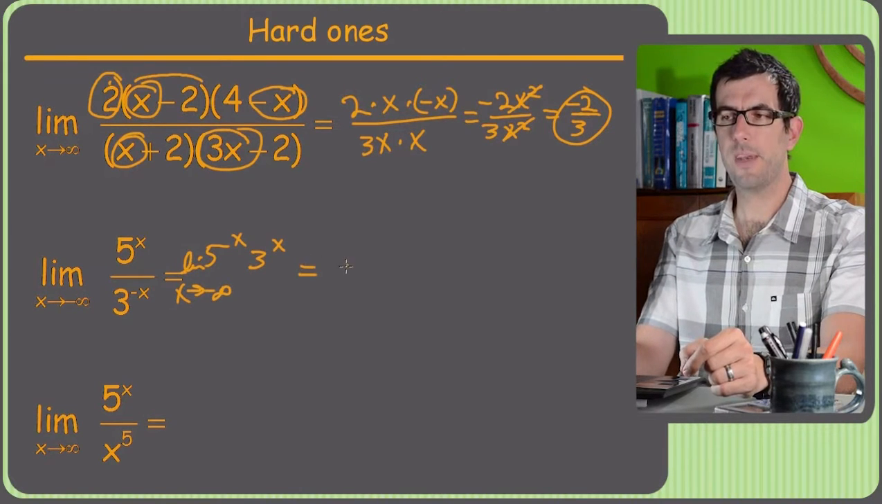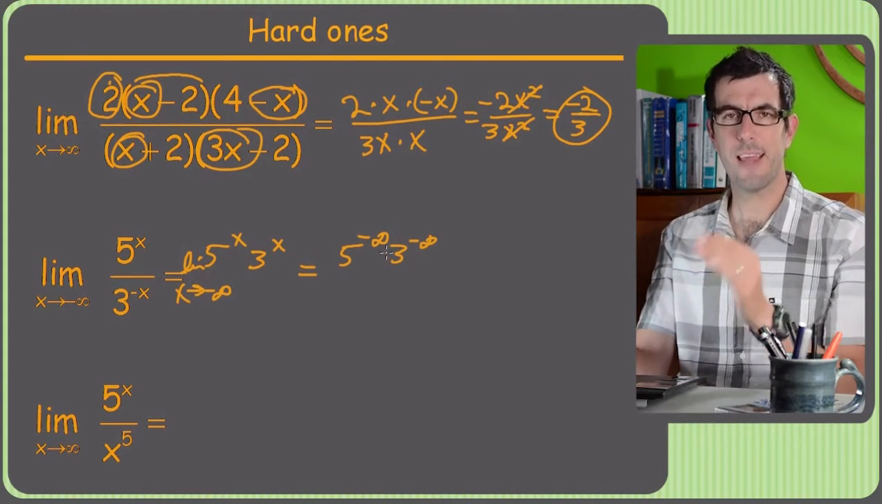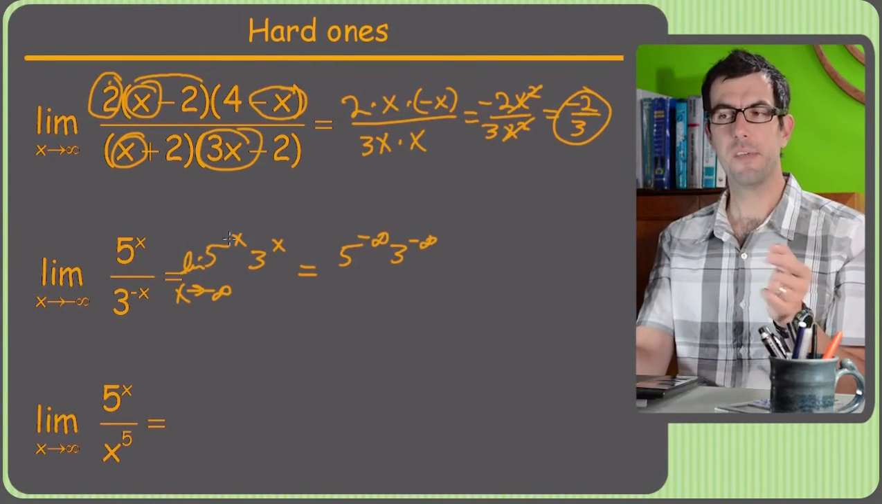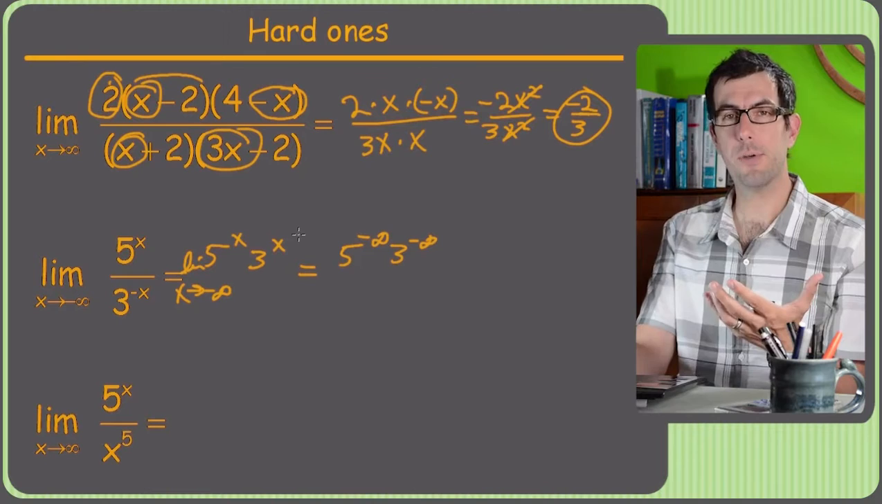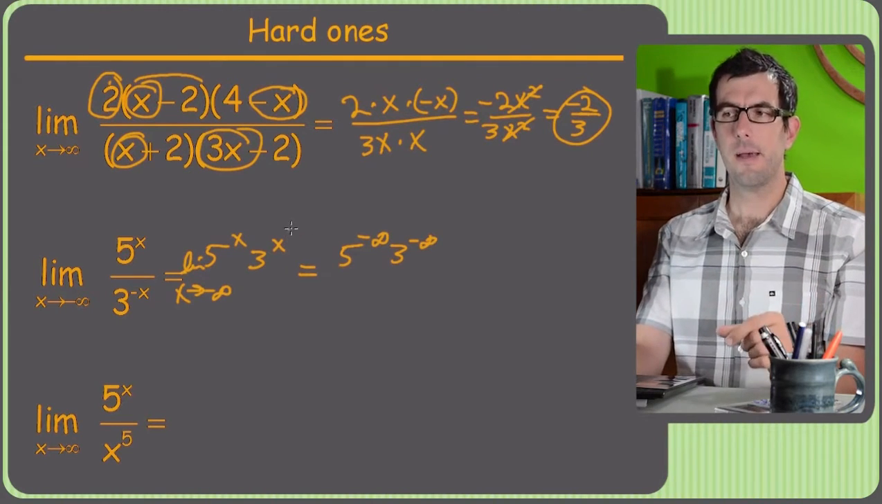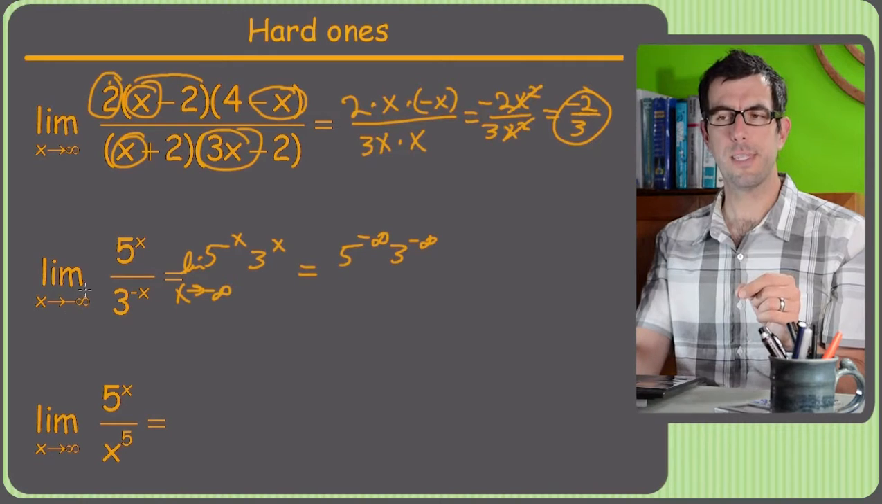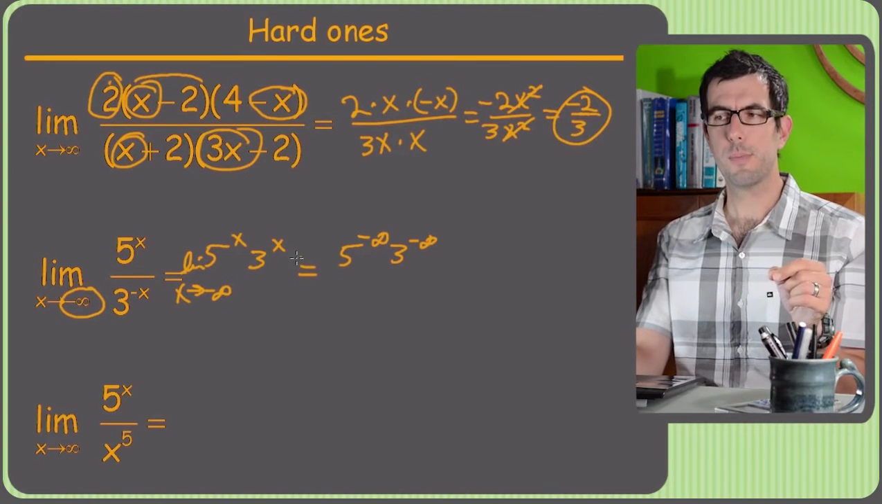So that means when I plug in infinity, I'm going to get 5 to the negative infinity times 3 to the negative infinity. Now you might be thinking, and this is kind of a trick question I made up, because you might have been thinking, hey, 5 to the infinity, 3 to the infinity, those are enormous numbers. The limit of this is infinity. But that's backwards, because x approaches negative infinity, which means the exponent that 5 is getting is